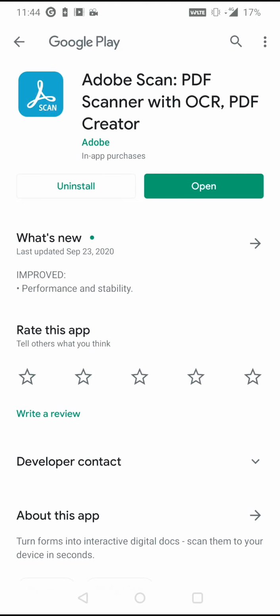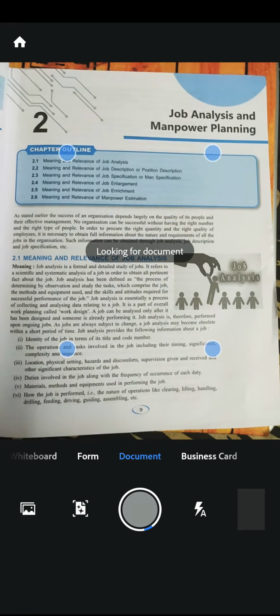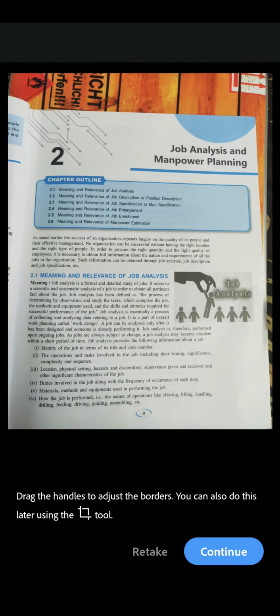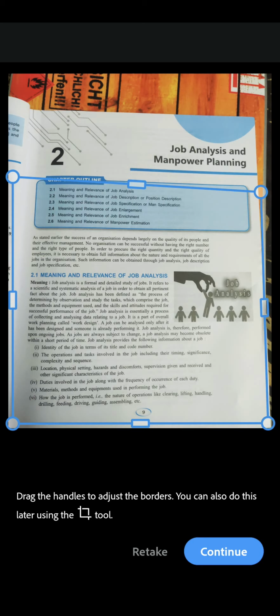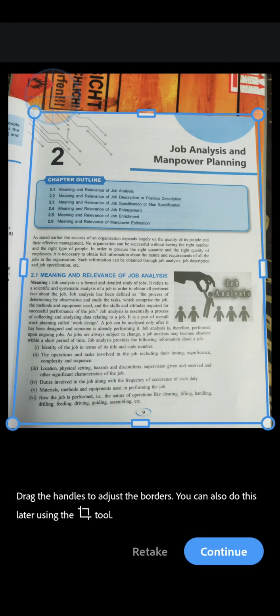Now, after that, when you open this app, you are going to find that this app is pretty much similar to your camera, but it knows where to find the document, and also it's an auto capture app. You just need to hold your camera steady and it auto captures. Now, if you see that it has only taken a part of the document, I'm not happy with it. So I'm going to increase the document's length, and you can pretty much define what part of document you want to be scanned as PDF.